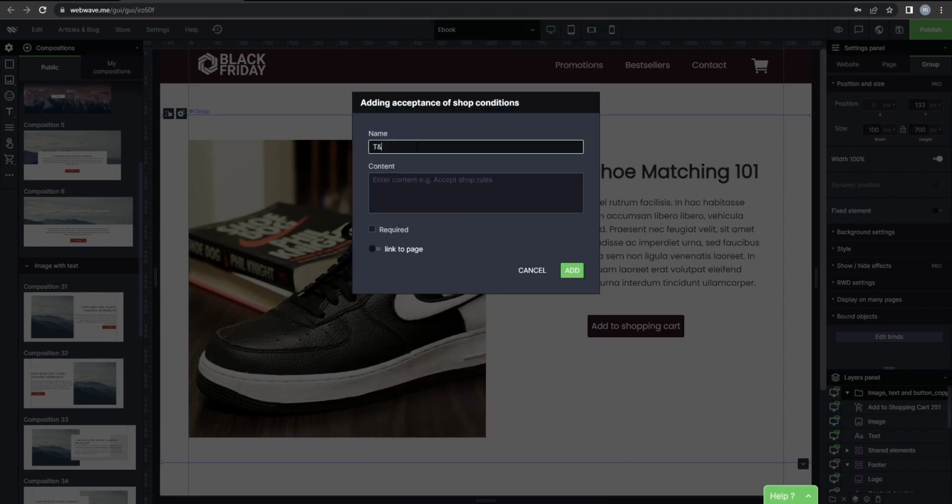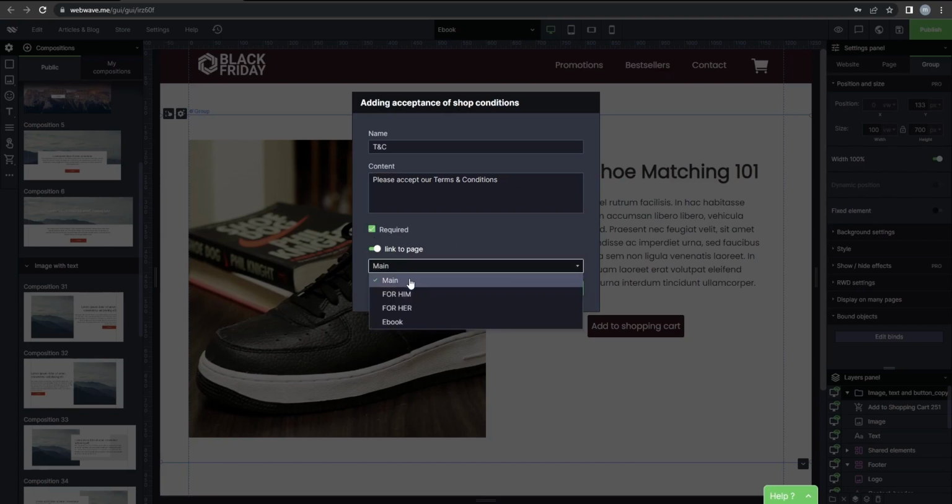We're gonna just name it as TNC. Here you can place your terms and conditions, or you can just simply ask your clients to accept terms and conditions that can be seen and read somewhere else on your website. Here, by clicking required, you can make acceptance of shop conditions mandatory, and you can link to a page with